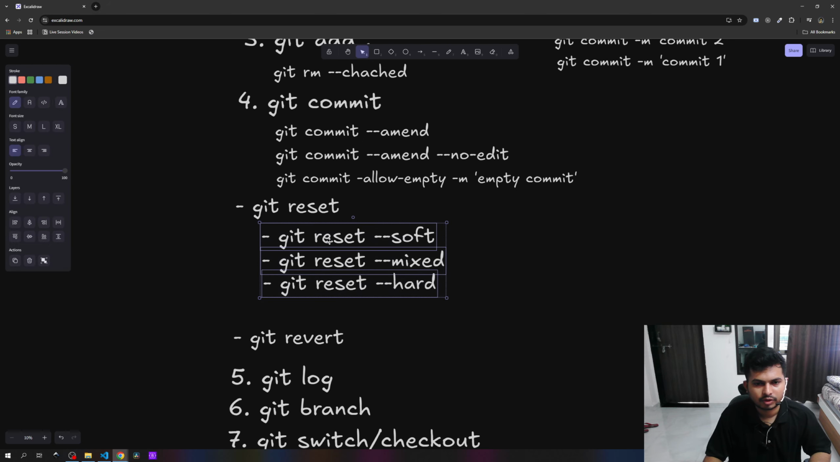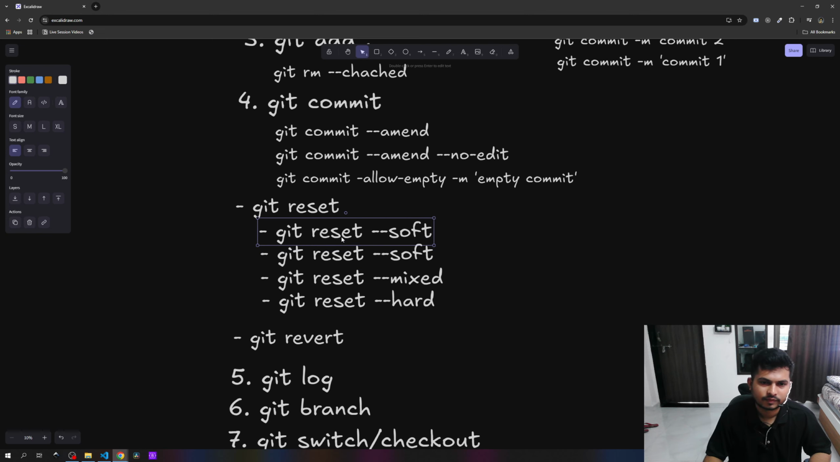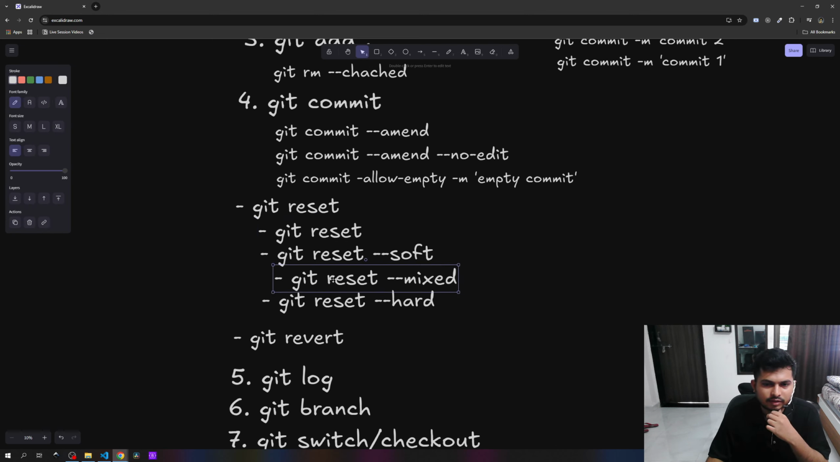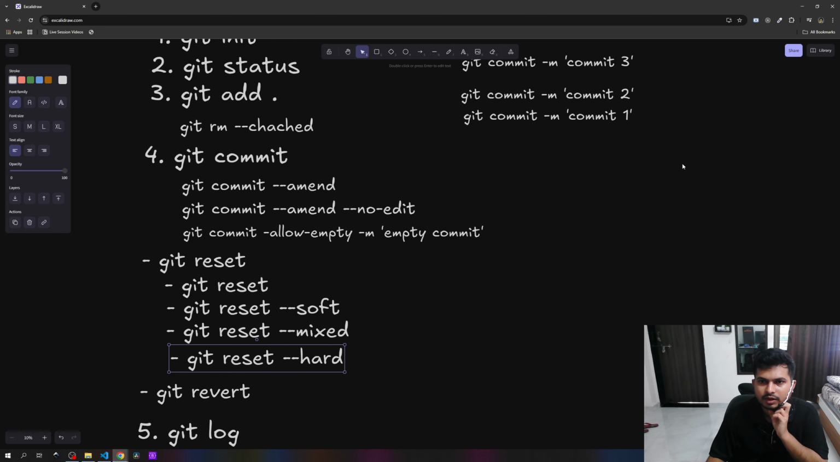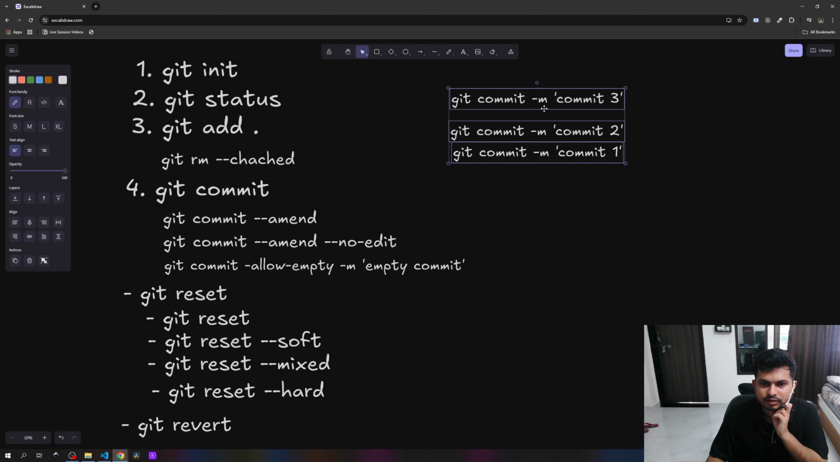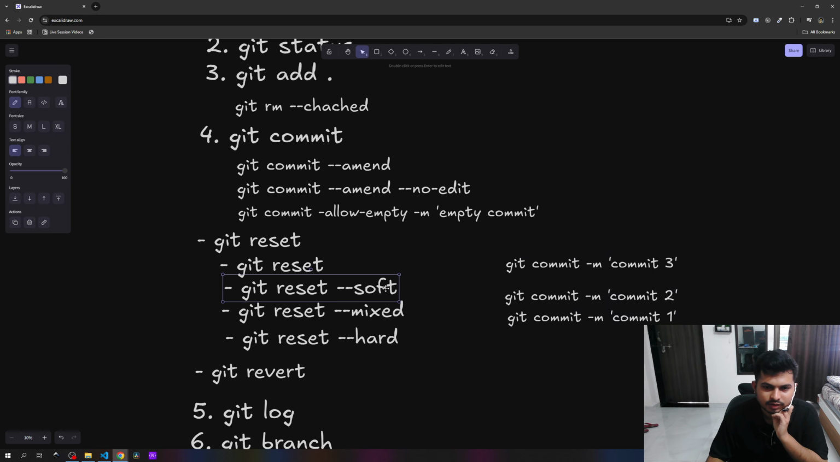If we don't use any flags and just use git reset, then by default it will take mixed. So let's see how it behaves when we use soft, mixed, and hard. We have these 3 commits here, and if we use soft,